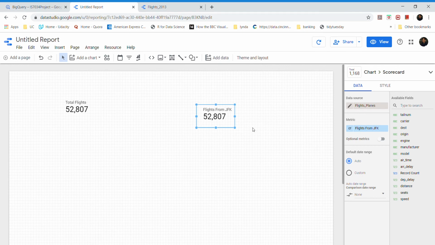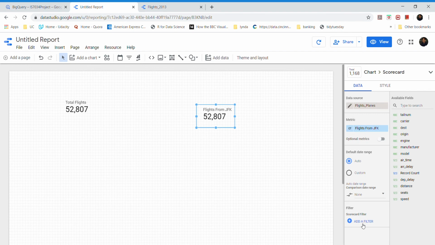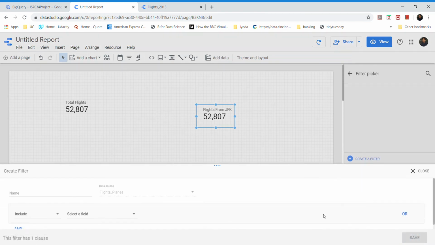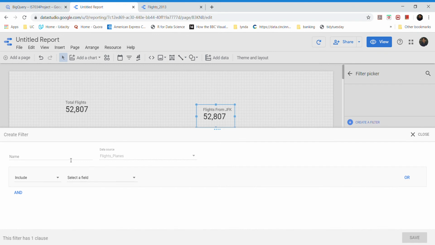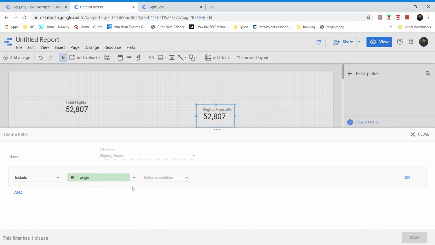Now we have to add a filter for this record, and that we can do from here. We'll click on add filter. Now for the field, as we said, our origin should be JFK. So origin equal to JFK. Unfortunately, we do not have any drop down here which will list the distinct records we have, so we'll have to enter this manually.